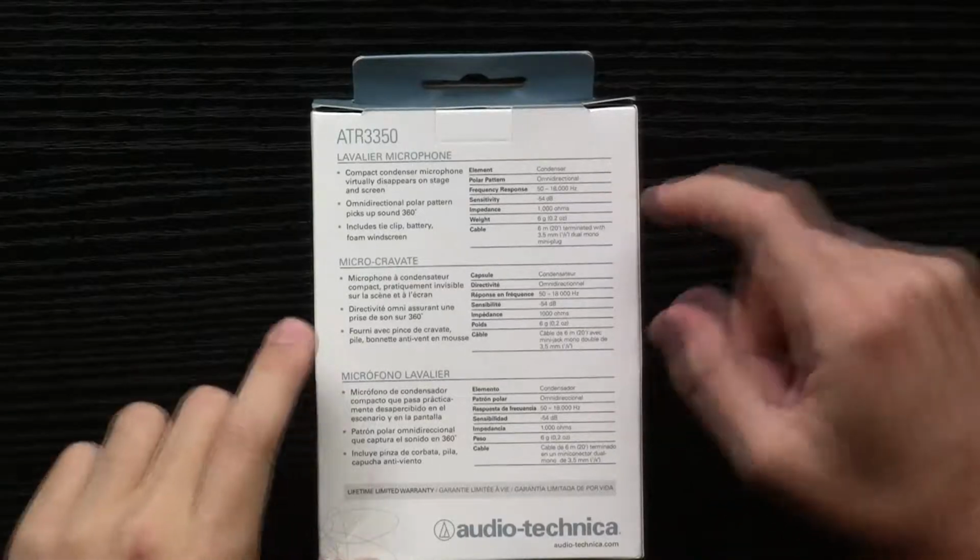The polar pattern is omnidirectional, so it will be capturing sound all around the microphone, not just in one solid direction, which can either be a good or a bad thing, because a directional polar pattern means it will only capture something that's directly in its path, but if you have it slightly off path, then the sound is completely...